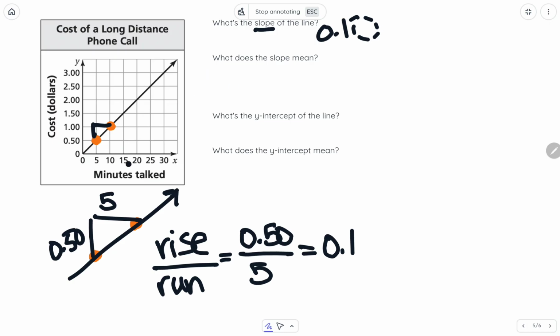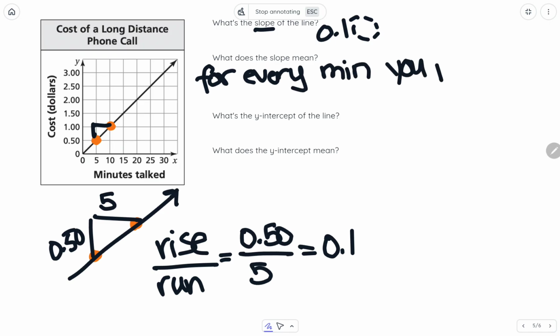So for every x, your slope really is telling you, it's also your rate of change, and you'll see that in the next problem. But your slope is telling you for every one of your x's, and we know that minutes are our x's because it's the label for our x-axis, and our y variable is going to be our cost in dollars. For every one of your x's, that's how much your y is going up by or down by if your line is decreasing. So this one should be for every minute you pay